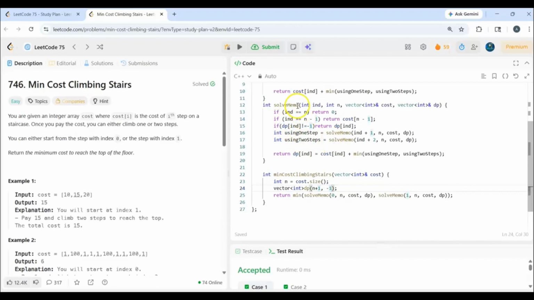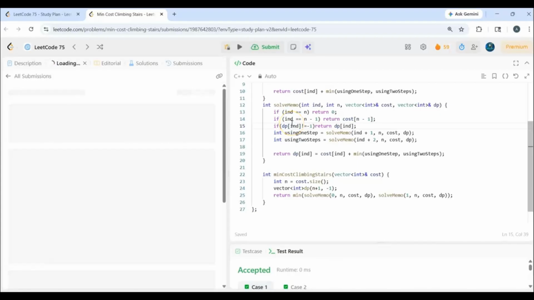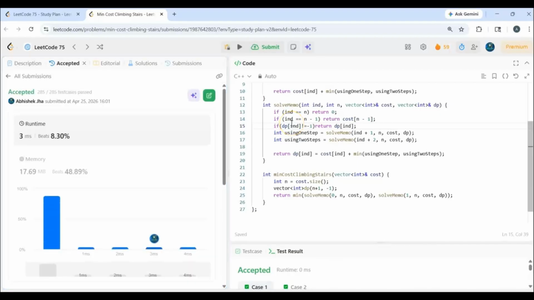What we are doing in this particular function is, while calculating the value for each and every state, we are storing those values inside our DP array, and whenever we find the same state, we'll directly return that state using our DP array. So let's try to run this code as well. It's working, so let's submit. Now as you can see, this approach gives a successful submission.